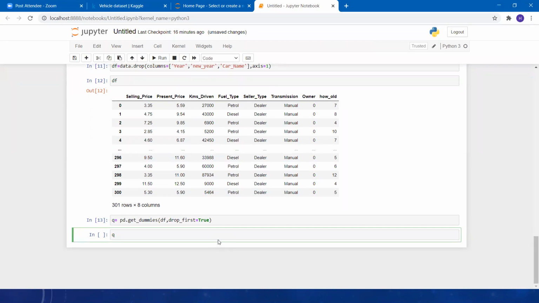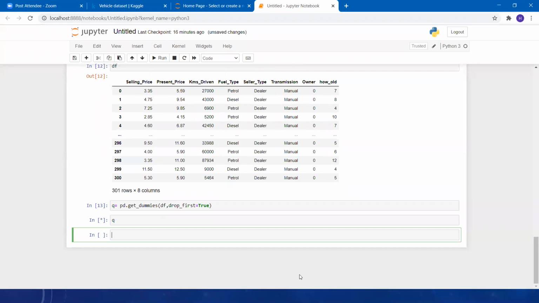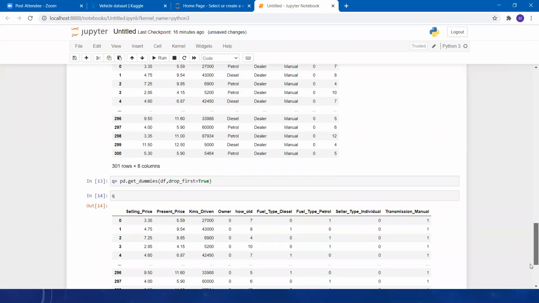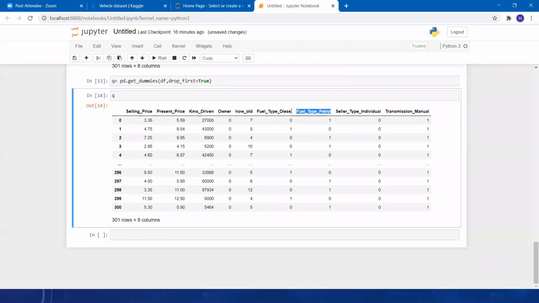Okay, no one is here. Till now I haven't got any answer over here. It will mark 0 and 1 based on the values of the variables. Yes, that is right. Okay, let's see. Now, again, here is a question. Where is our CNG column? How will we get to know whether our CNG is there or not? This is the main question. Similarly, we do not have transmission_automatic as well. How will we get to know?